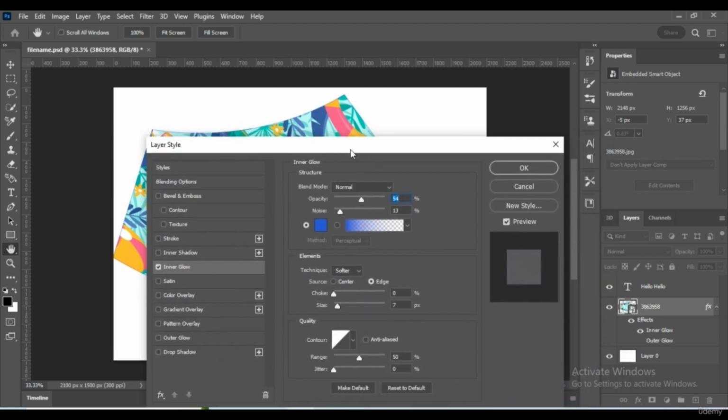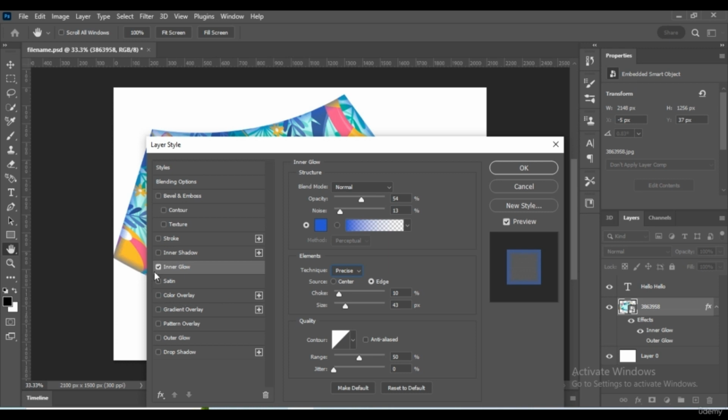The inner glow is where the glow goes inwards towards the center of the object. Then the choke is the distance, and the size is the area also reached by the color of blue right here. And the technique, you can do it precisely or more softly.